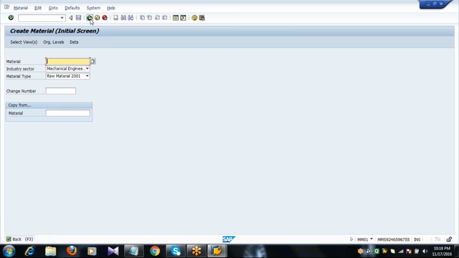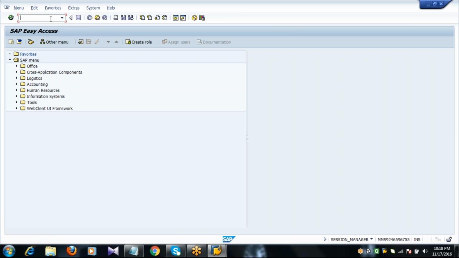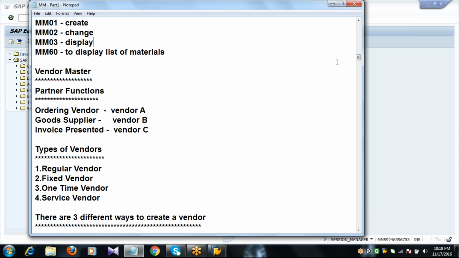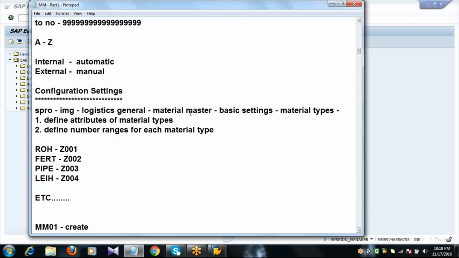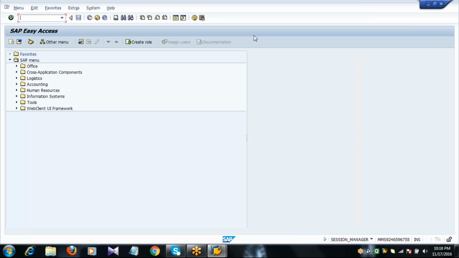I have just shown you a sample material master creation to show you how this number ranges concept will work. Tomorrow's class we'll again create one new material. We'll explain all these parameters, what parameters are to be maintained. So like this, we need to define the material types and we need to assign the number ranges for each material type. So in tomorrow's class, we are going to see again how to create the material masters by maintaining all these settings.